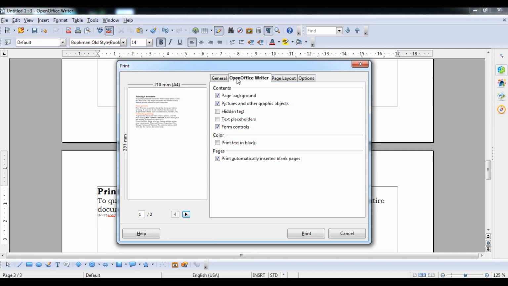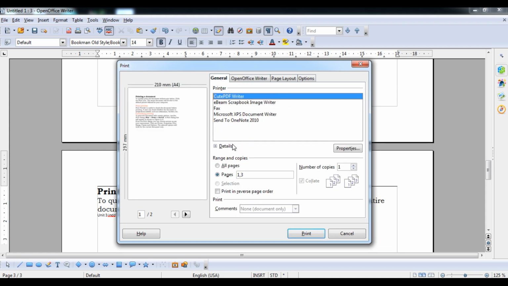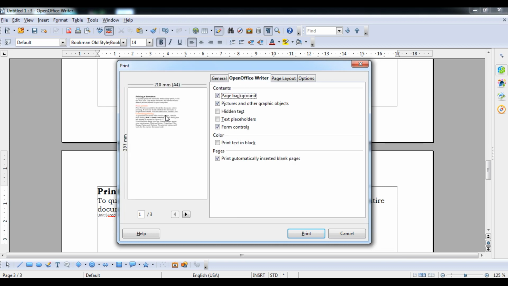And now open Office Writer. Here are some options. For example, you can see the particular heading here comes in an orange color. You can click on Print Text in Black. By this you can see that every page is considered under the black heading. Okay, student, so I am going to show you all pages in this Open Office Writer. You can see page number 1 contains 2 headings in orange color, 1 heading, and the third is blank by default. I am going to say black and white. So select this one, and you can see black and white color has come, there is no color in anything.